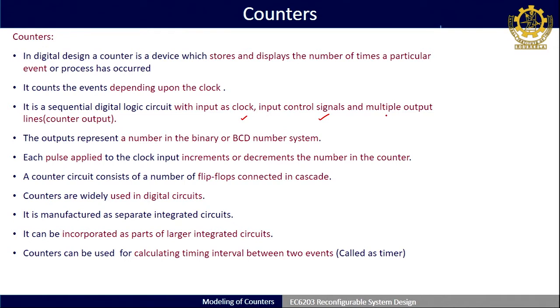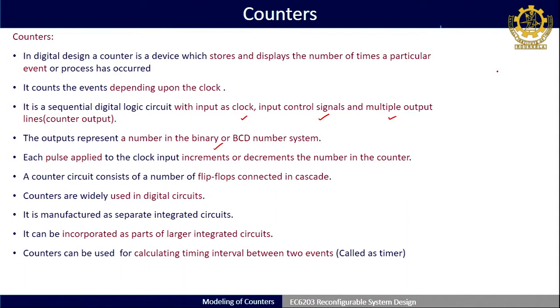And we will have certain output lines. The output lines mostly refer to the number of counts, which can be defined in terms of the binary or BCD number system.